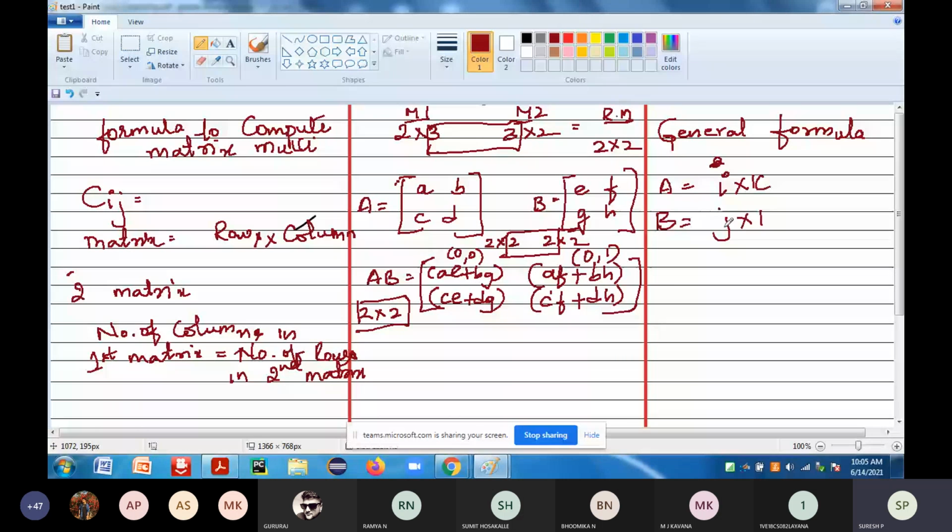So that is the dimension of the matrices: i by k and k by j. The resultant output matrix will be C.